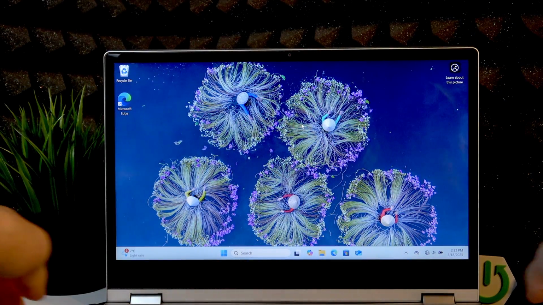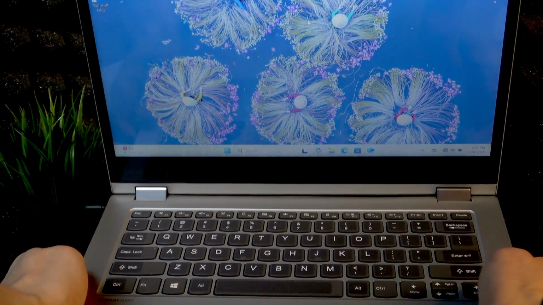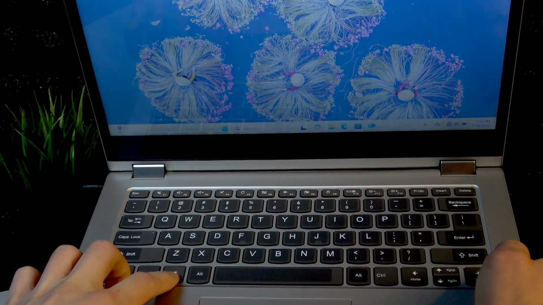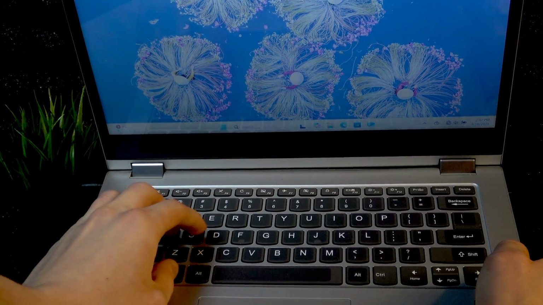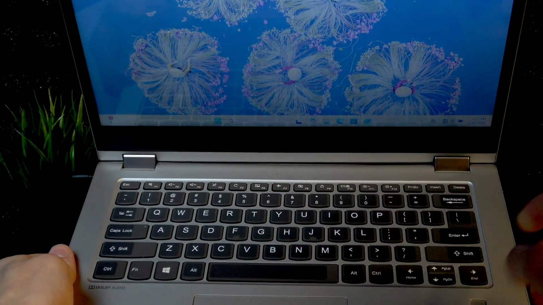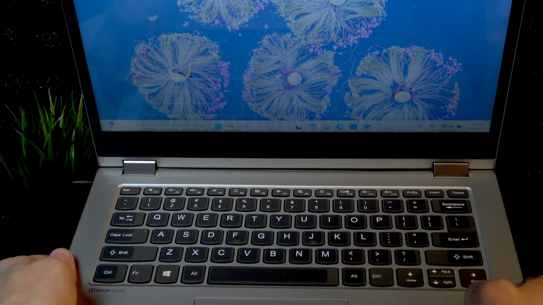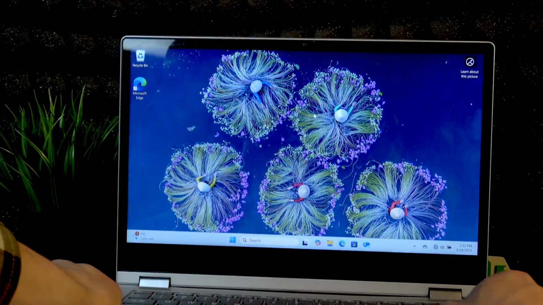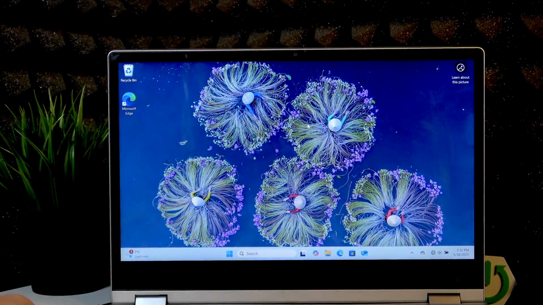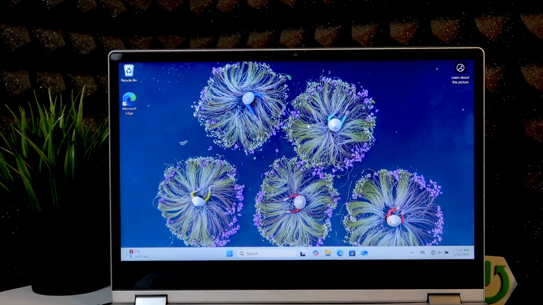So to take a screenshot, you can either use a combination of keys, Windows, Shift and S, just press them simultaneously, or just single click the Print Screen button over here. So once you press one of these buttons,